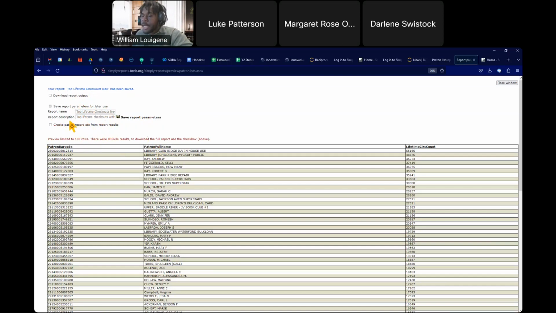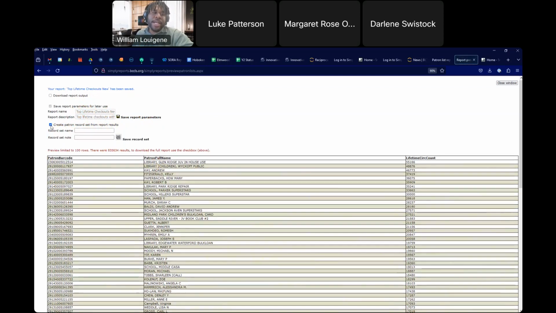The last thing that I just wanted to mention as well is the create patron record set from report results. This is another example of how Simply Reports works really well with the ILS. If I go ahead and click this checkbox, you can actually create a record set of all the data that we've generated here. So you can create a patron record set from these results. You can name it similarly to the report that we just named, and also put in a record set note so that we have an understanding of why this record set was created. From there, once you